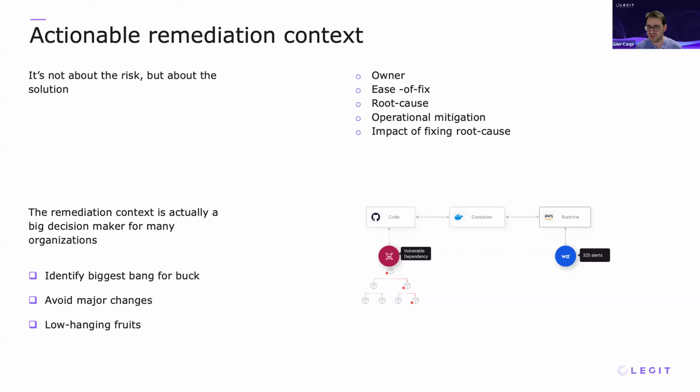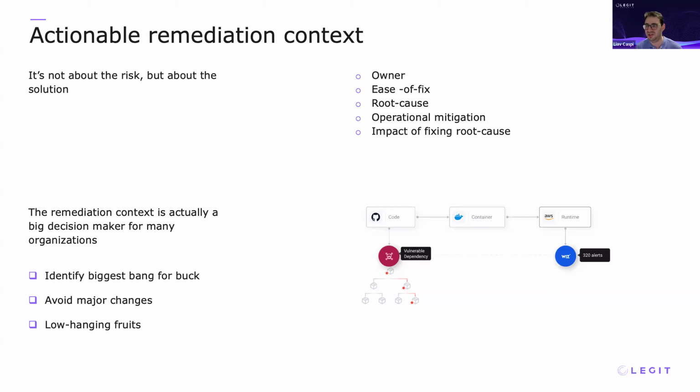So in the case here that I'm showing in this graph, we have 320 alerts raised by Wiz, a cloud security tool, that all map down to one vulnerable dependency that introduced a whole family of vulnerable dependencies that then go into containers and live into runtime. If I am a security engineer who happened to analyze just one of the 320 alerts, what I'll find is that this alert might be important to fix, but won't be critical. But going back to the root cause, I might realize there is a root cause here that actually fixes